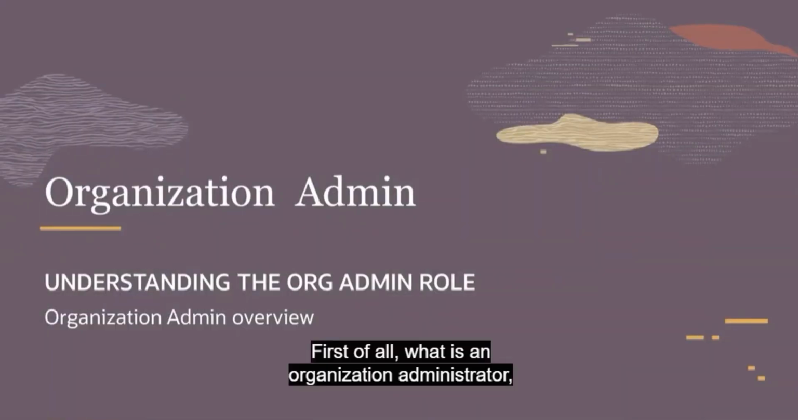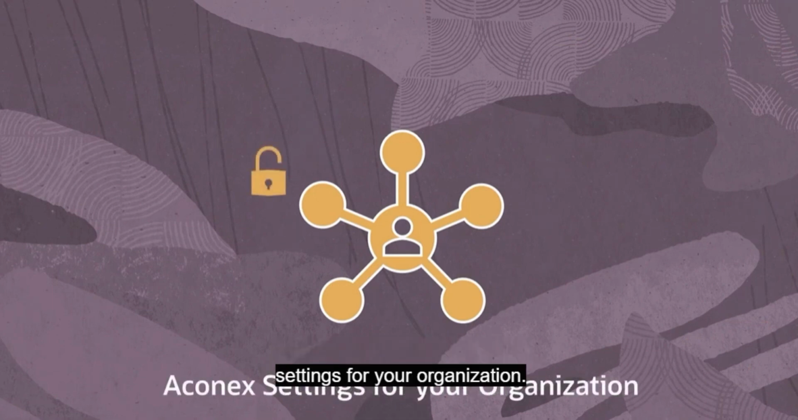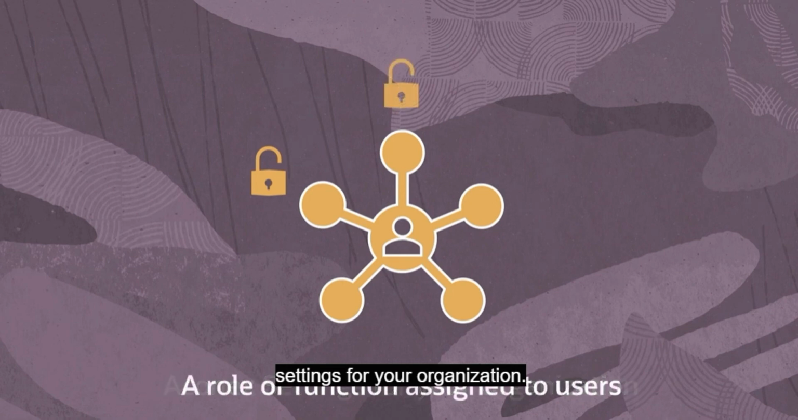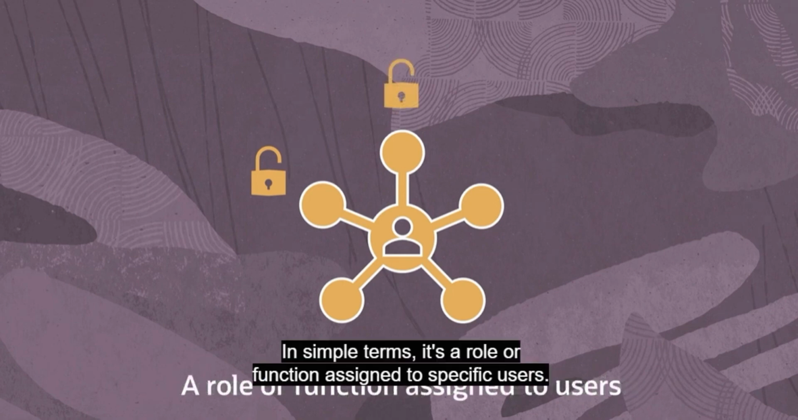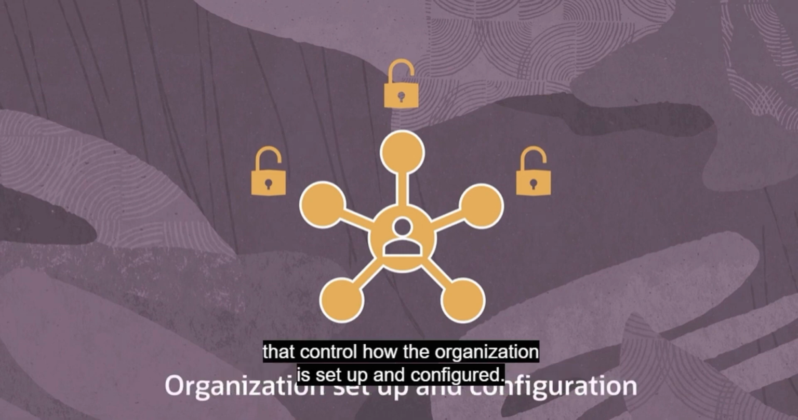First of all, what is an organisation administrator, or, as it's often referred to, an org admin? Well, as the org admin, you're responsible for managing Aconex settings for your organisation. In simple terms, it's a role or function assigned to specific users. You have control over specific back-end or admin functions and options that control how the organisation is set up and